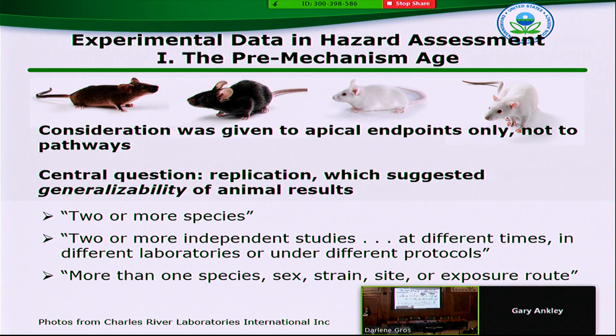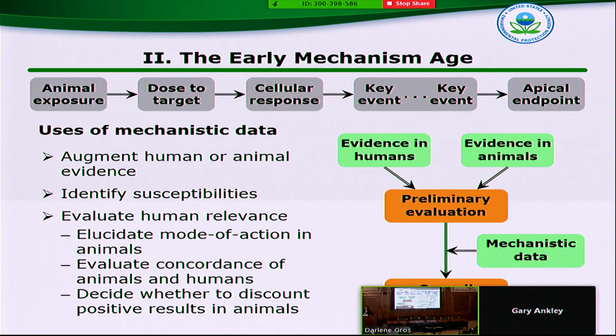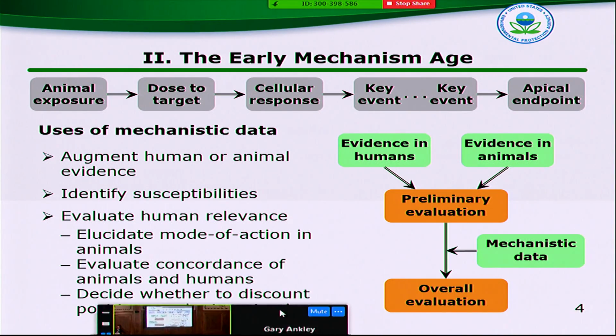inference. In the mid-1990s, I'm going to call it the early mechanism age, this paradigm of replication of apical endpoints in different systems started to not be very satisfactory, because what we had was most of the data that was being done was on various mechanistic